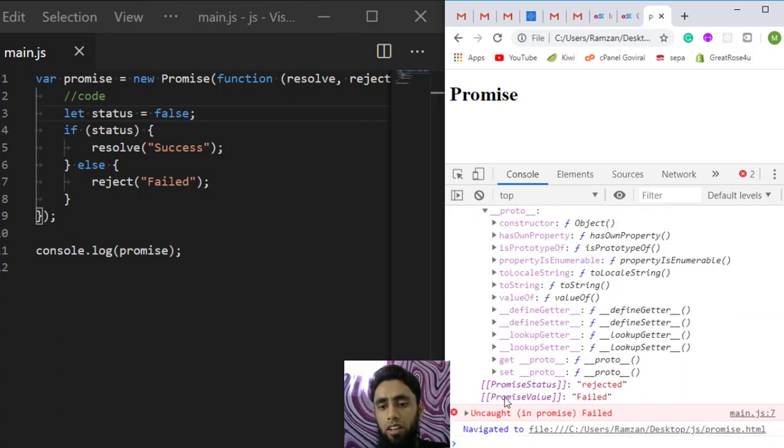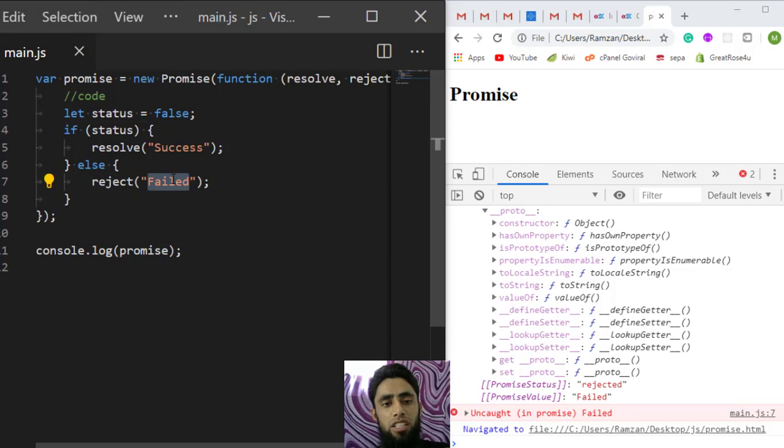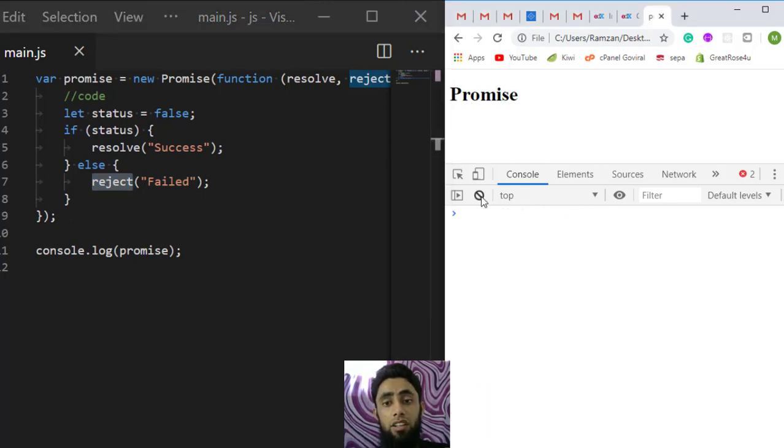The promise value is this one, the promise status is this one. The promise status is rejected and the value would be failed. Whatever we pass here would be considered as the promise value, and the status would be rejected, meaning we have called the reject function. So that means we unfortunately did not get the expected result.